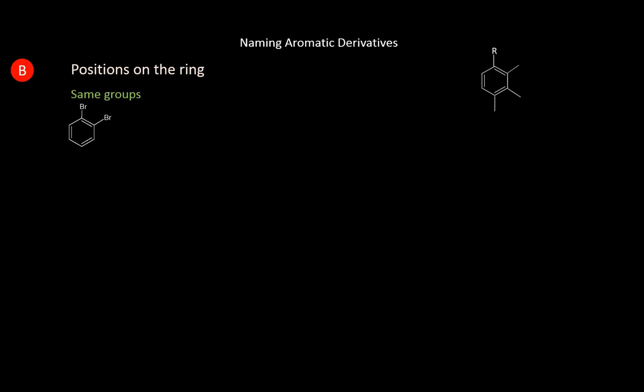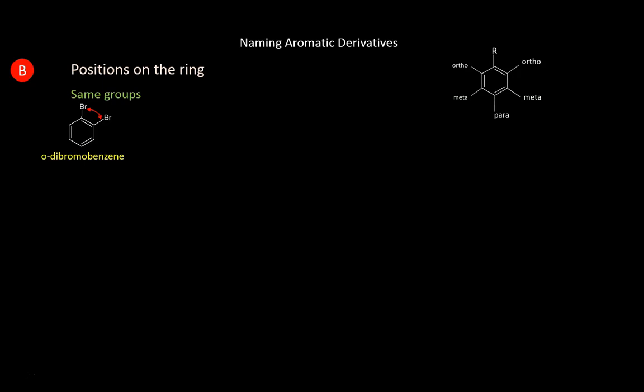If the substituent is right next to R, one carbon away, it's in the ortho position to R. In this position, it is meta to that group, and in this position, it is para. Substituents can also be on the other side, like this, which is ortho, one carbon from R, and this, meta, two carbons from R. Now we can call this first one